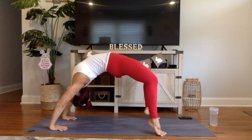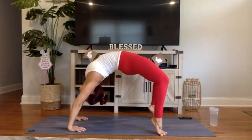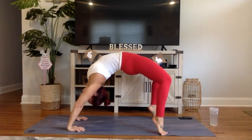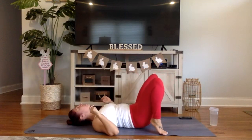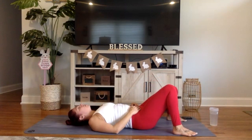Bridge or wheel. Hold this first one. Be in the moment. Be present. Use your breath. Lift up. Feel your strength. 5, 4, 3, 2, 1. Tuck your chin. Come on down. Take a moment. Nice work. Allow your back to reset for a second so that you can set up and give one more everything you